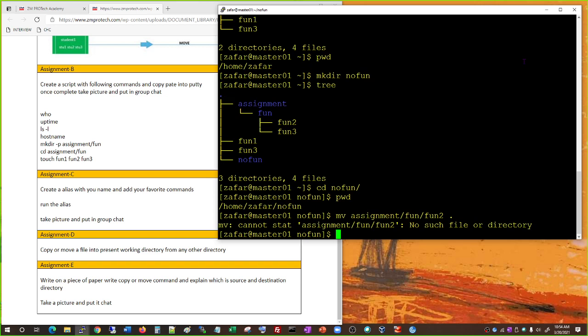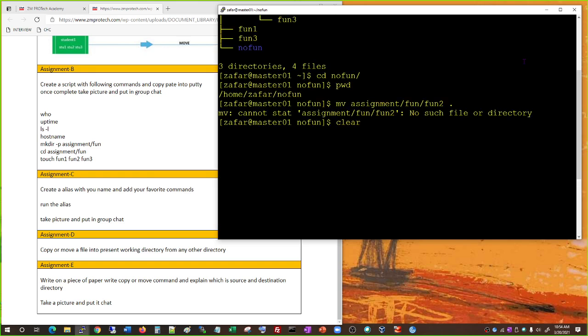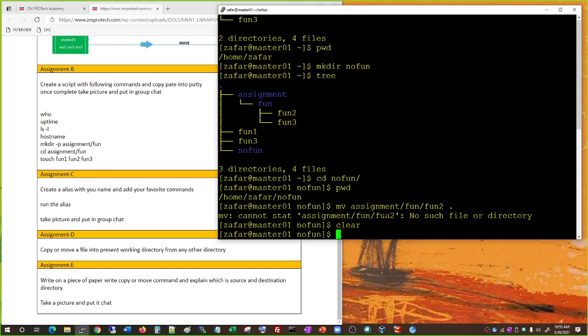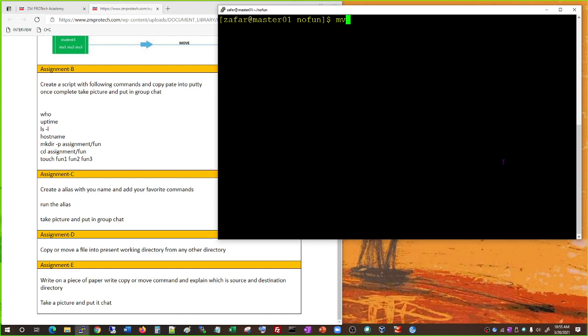It's not working. What is the problem? Follow the absolute path. It didn't work. You had to follow the absolute path. Yeah, very good. Because you say fun here, right? Wherever you're standing, this assignment directory is not inside fun. You have to go back up and then you could go in there. So this is where you really need the absolute path. mv